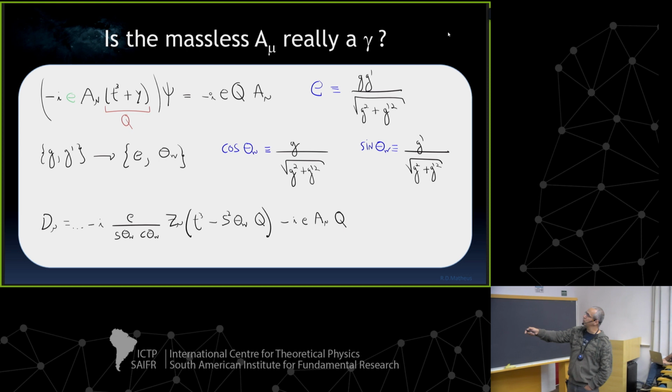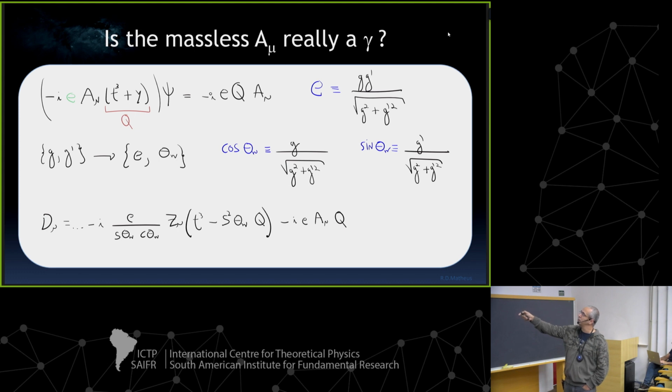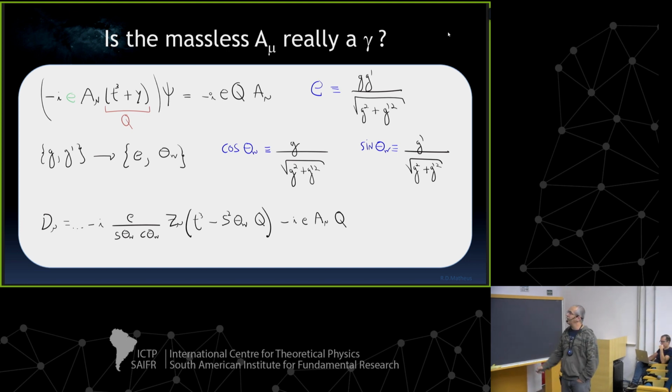I can also do the same, right? I'm exchanging g and g' for e. But these are two variables, so I cannot exchange just for one. The choice people usually make is to define this weak angle, which is defined in this way. We call it an angle because you can see if you sum the squares there, you get 1, right? And then express everything in the standard model, either in terms of g and g', or in terms of the electric charge,